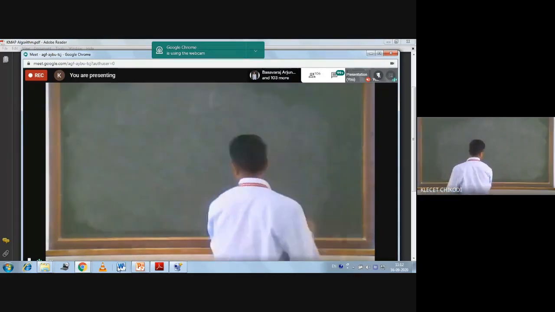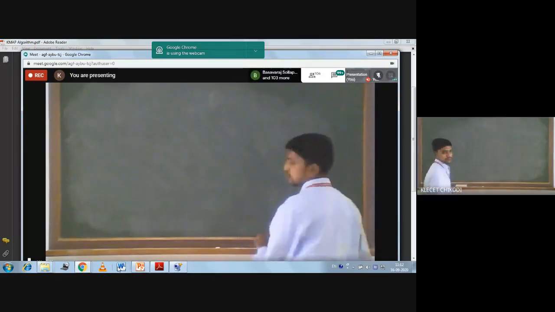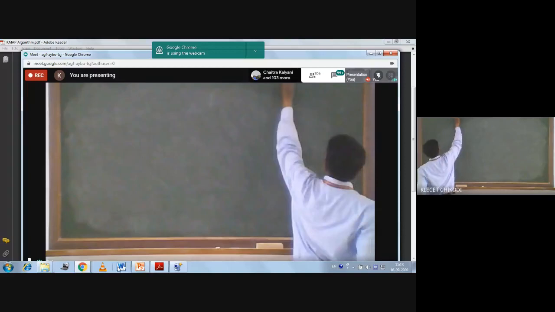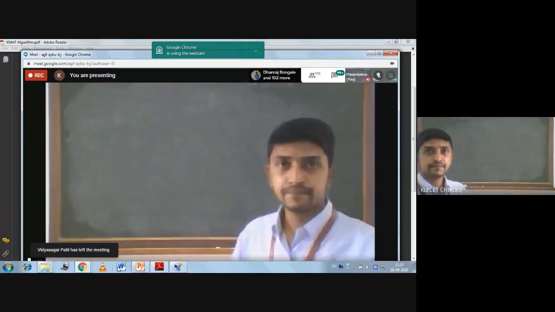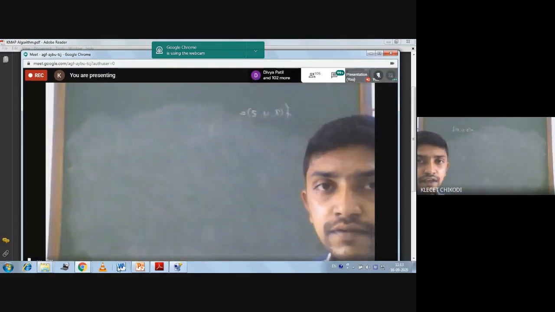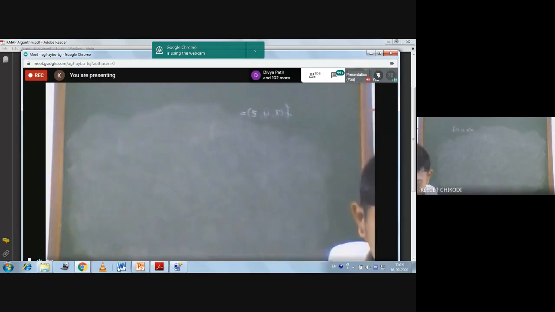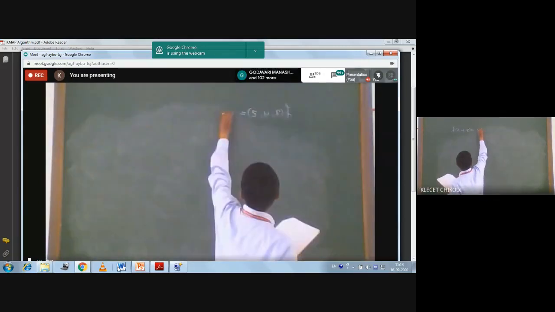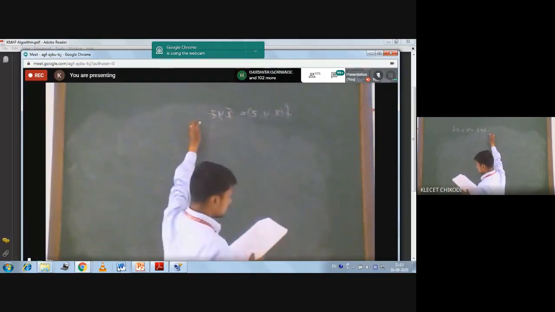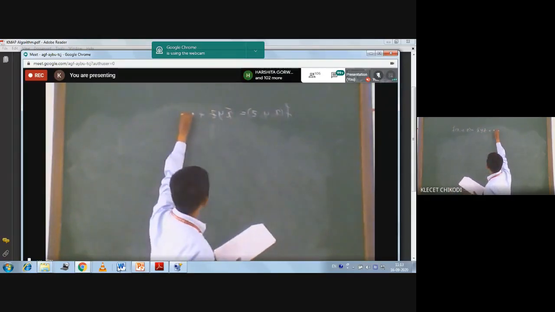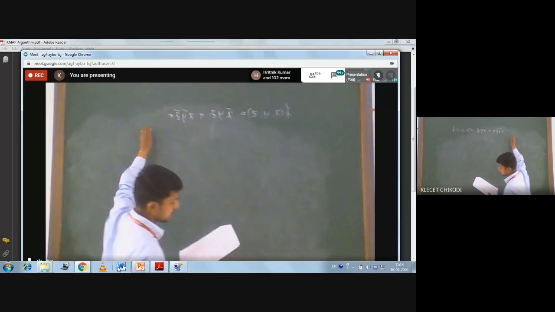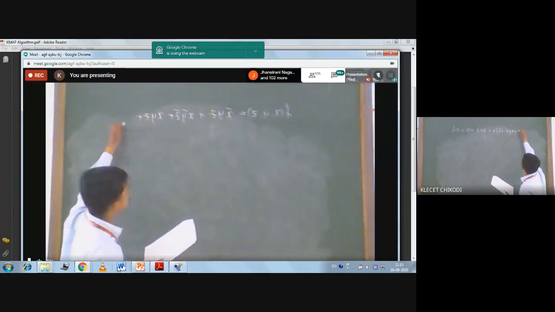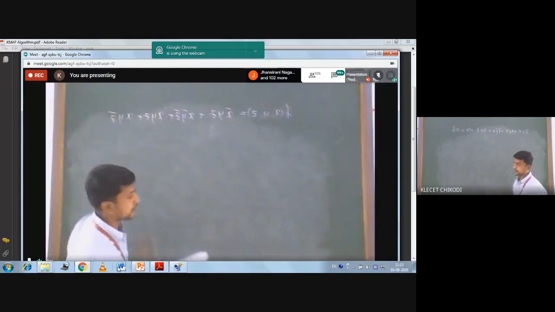So write down the expression: simplify the Boolean function using K-map method. I will write the expression here. Once again, I am considering f of x, y, z only. So that will be x bar y z plus x y bar z bar plus x y z plus x y z bar.